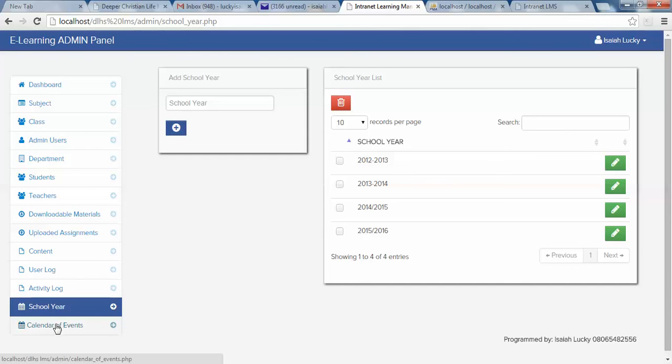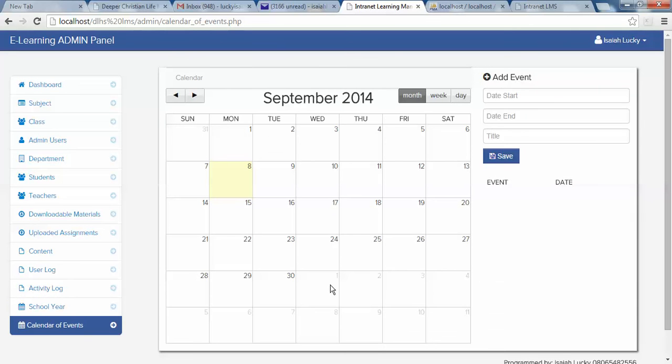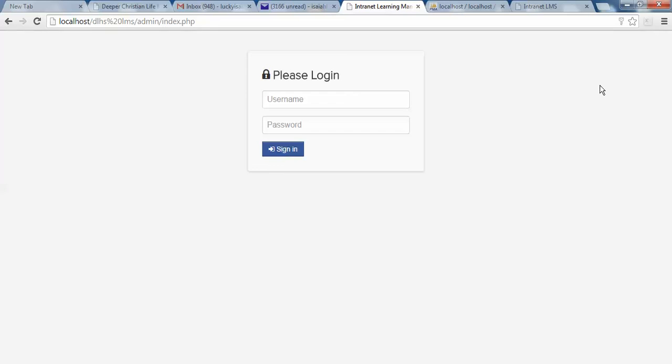So then the next thing is a calendar of event. Calendar of event, we can save events so that people can view events that are coming up in the home page of the application. So that is that about the admin module. So after the administrator has done all he needed to do in his module, you can log out from here. Clicking on log out, you can see